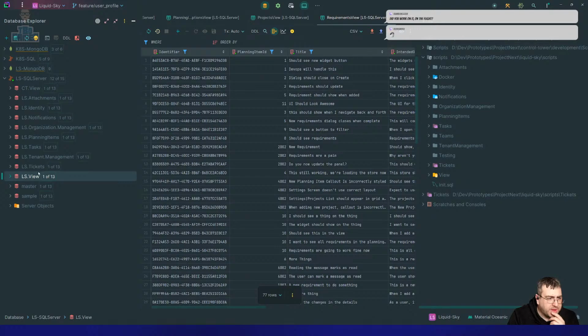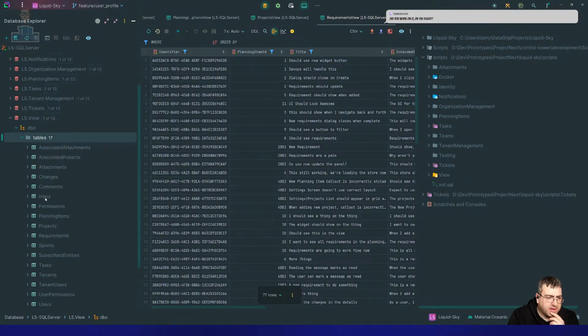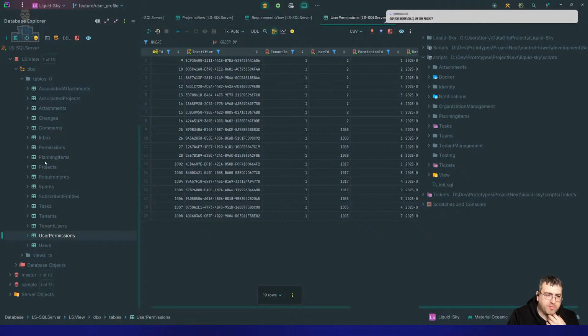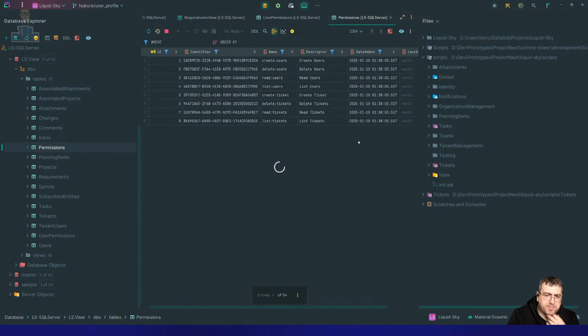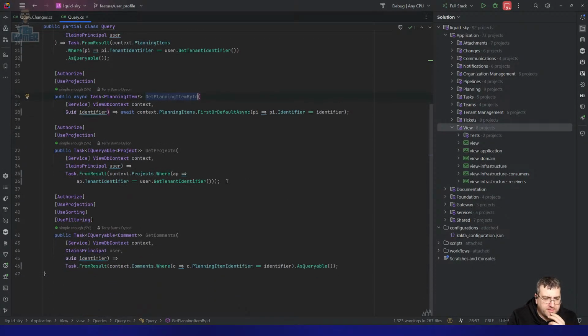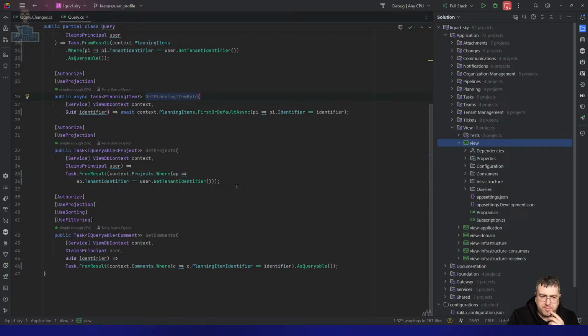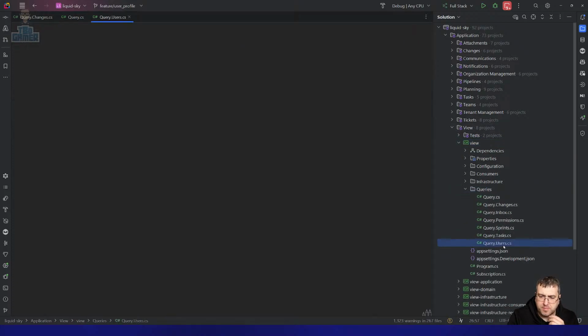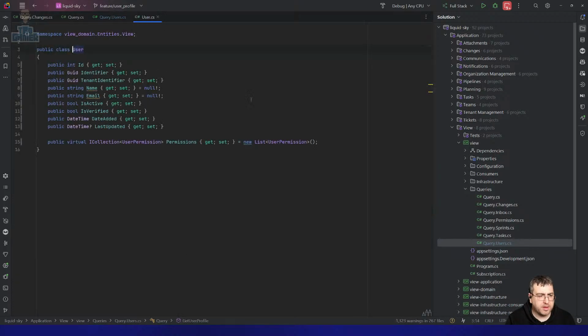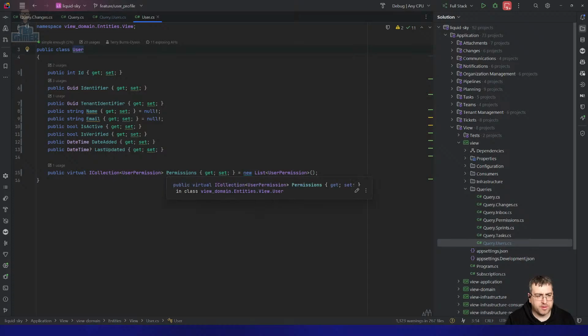Ultimately, the view contains a table of user permissions, right? So I have a list of permissions and a list of user permissions, so I know which users subscribe to which thing. So what I was going to do is add the concept of a user profile into the view. A user profile right now is just the user, and add on the permissions for that user. The concept being,